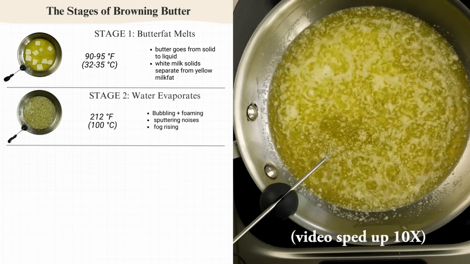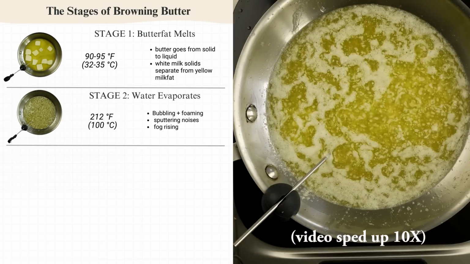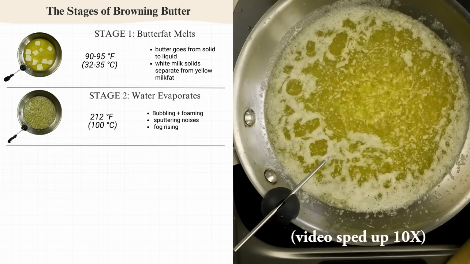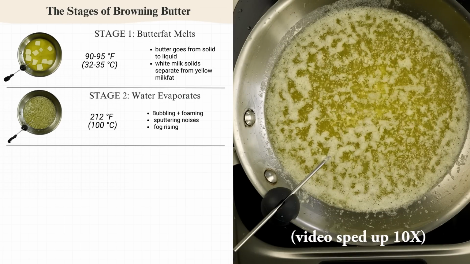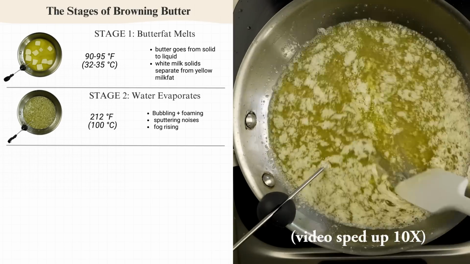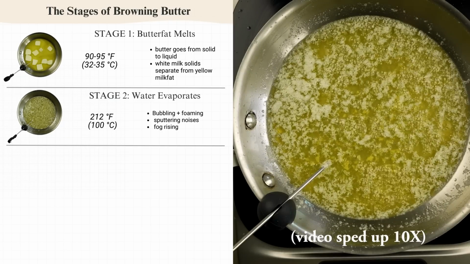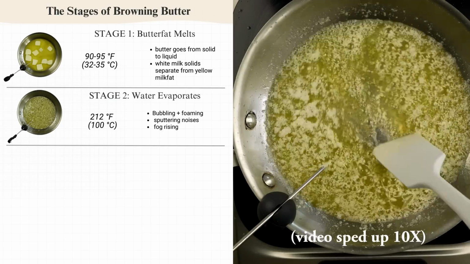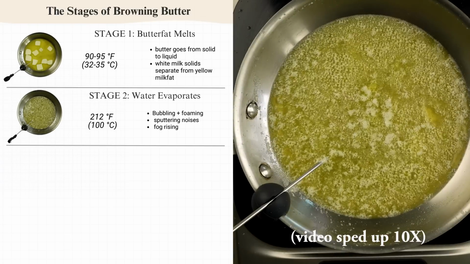Stage 2 is the evaporation of water, and that starts in earnest around the boiling point of water, which is around 212 Fahrenheit. Butter does contain a bit of water. It's around 18%, and that bubbling and foaming are a result of the water leaving combined with the milk proteins denaturing or falling apart. Throughout this process, we probably lose almost all the water in the butter. I also like to start stirring at this point to ensure the milk solids are evenly distributed in the hot